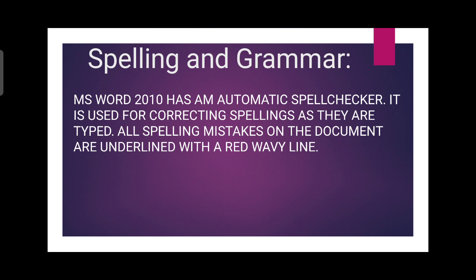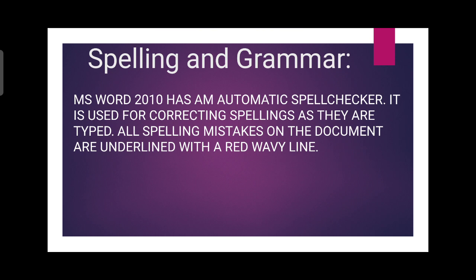Children, you have done this in the second standard. Whatever you are typing, if there is a spelling mistake, it is underlined with red wavy lines, and here you can see that a spelling mistake is there. Words typed in the document are compared to the ones available in the dictionary file. Any word that is not present in the dictionary is marked as incorrect. Whatever is not in the computer dictionary is marked as incorrect, and that's why the red wavy line is coming.